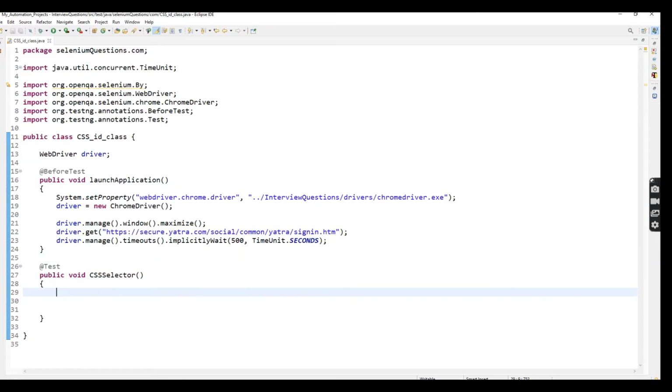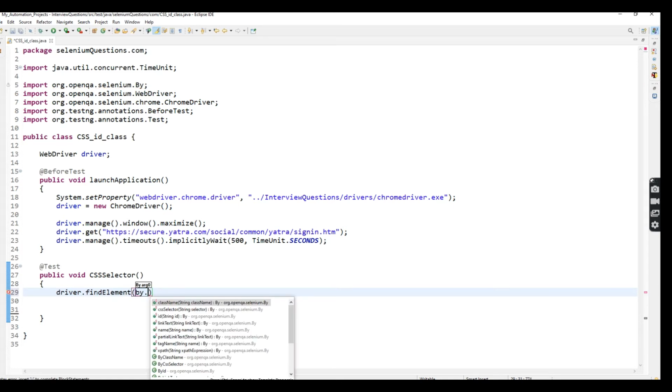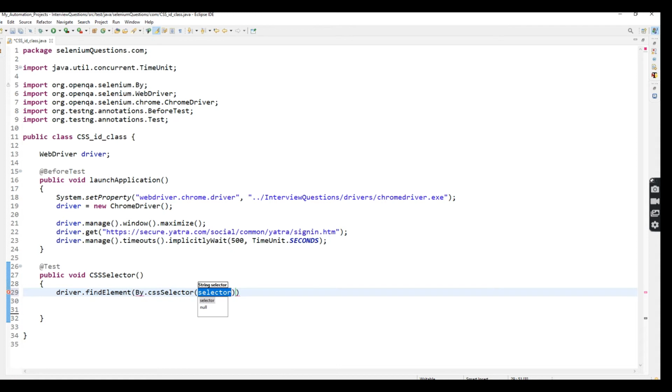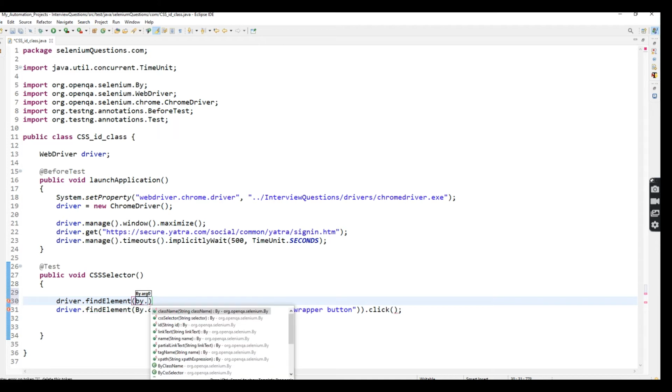So here, driver dot find element by dot CSS selector, click. Parent tag, class attribute, dot, class attribute value, then again the child tag. So this is the button. Before that I'm going to enter the email or username, correct?